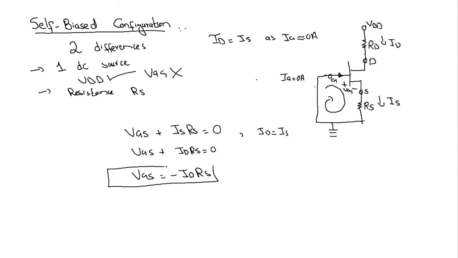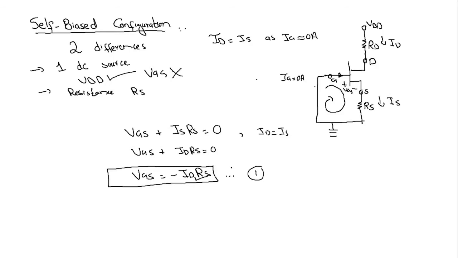So now this is my very important equation in case of self-bias configuration. As you can have a look, we are not applying any DC source, we are not applying any fixed DC source as an input. That is why it is not called fixed bias configuration, and we haven't applied any source and still this has been biased. That is why it is called the self bias configuration. Now, so this is my very important equation.